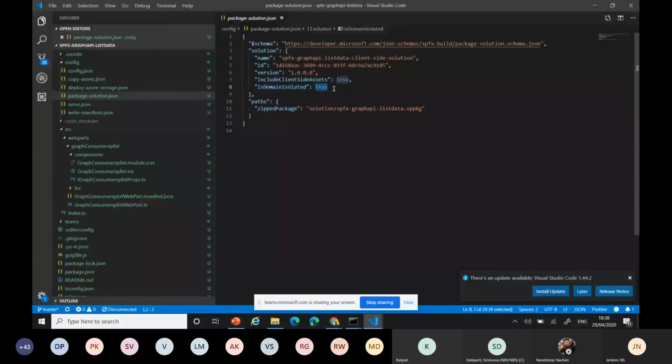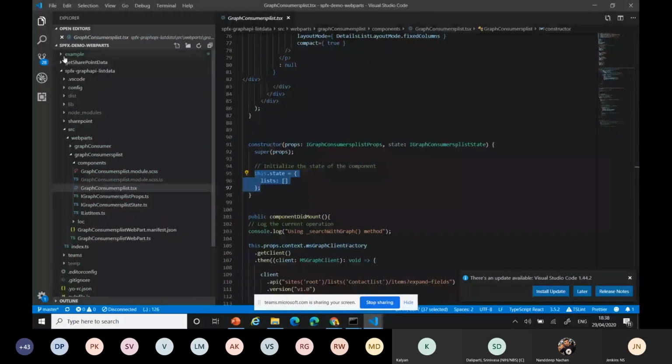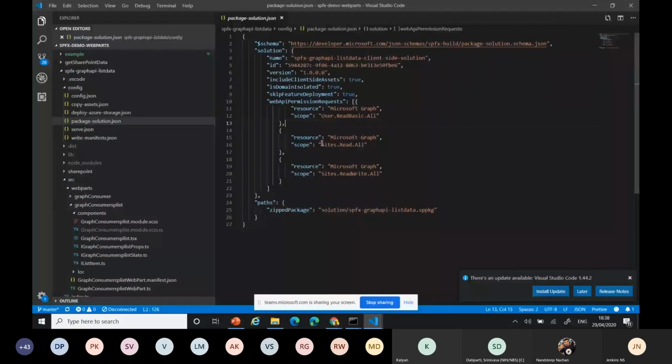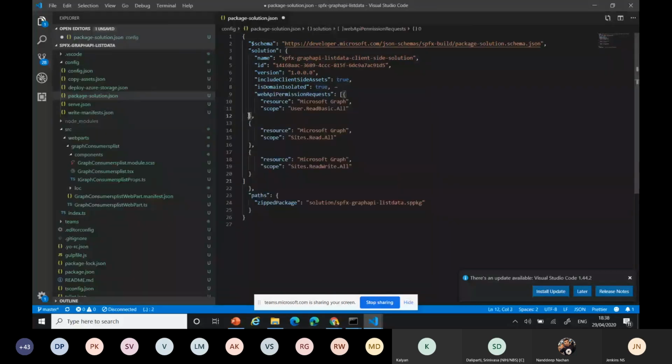Also, whenever I'm using my Graph API, always remember I need to grant the permission. I can see the permission here. The previous one I'll retain, just copying this one. I can add the comma here and add another. Here, the difference is that this is the array concept.